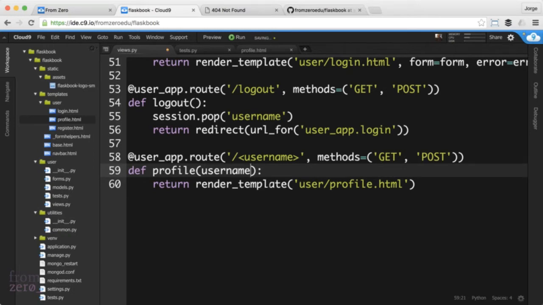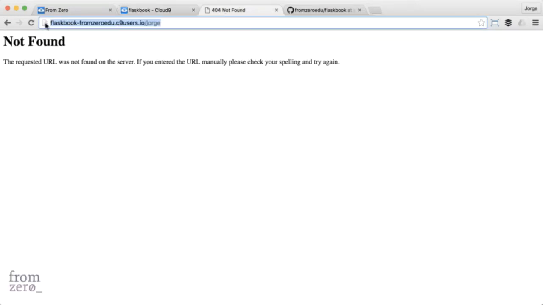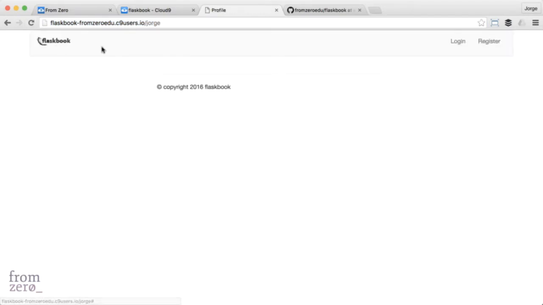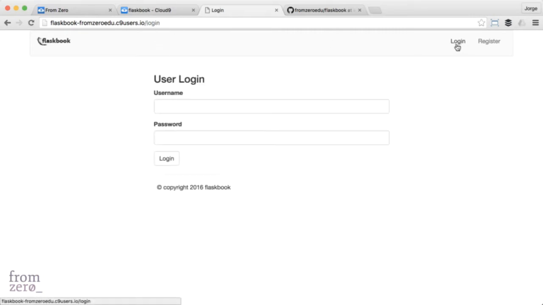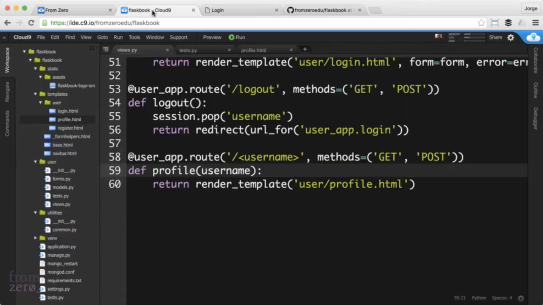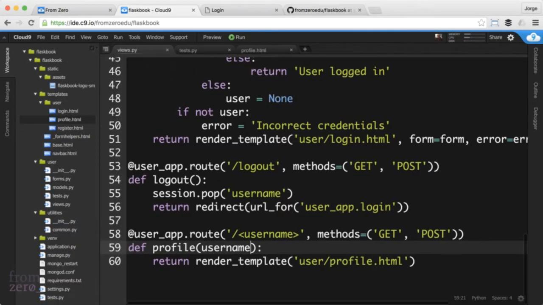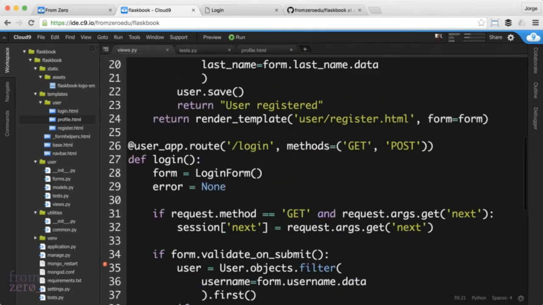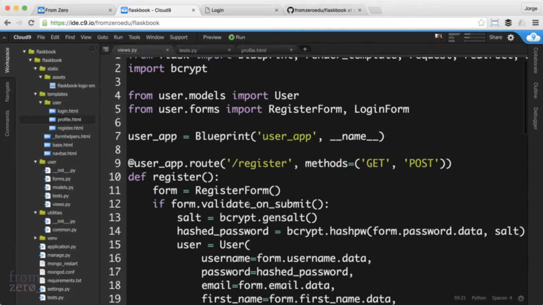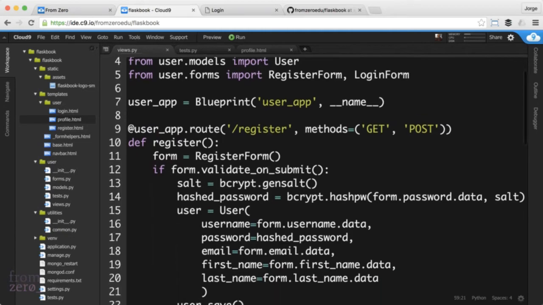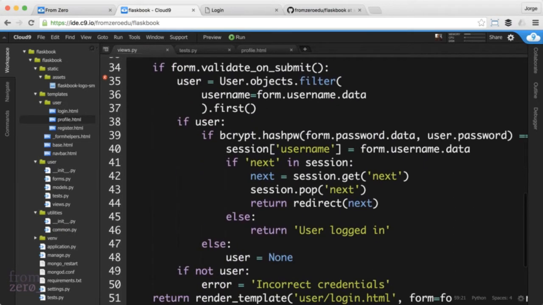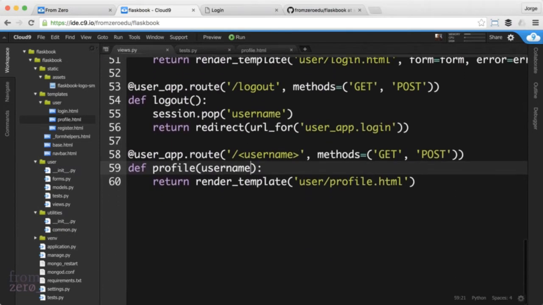So now if I do slash Jorge here, that should get me into the profile page, as you can see there. But I still can hit slash login, and it knows that it's not a username. The caveat, of course, is that no users can register with slash login or slash register, I mean, register as a username, because that would basically not work. But in any case,